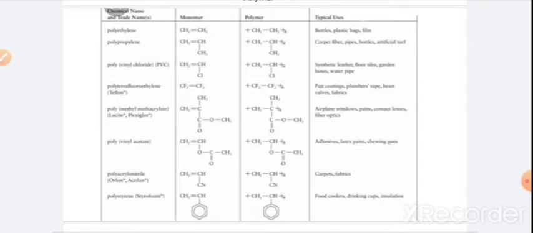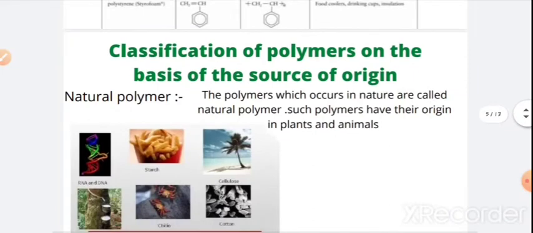Okay, the chemical name of this polymer is polythene, and as you can see in its name, the ethene group is present. So the monomer will be ethene, CH2 double bond CH2. Their polymer will be, when the polymerization occurs in this monomer, they will become CH2 single bond CH2. Okay, the double bond will get broken, and they are used in bottles, plastic bags, films, everywhere. You can learn this table and you can take a screenshot from there, right?